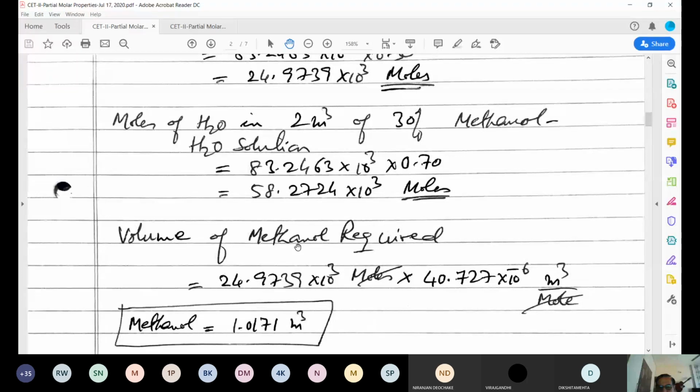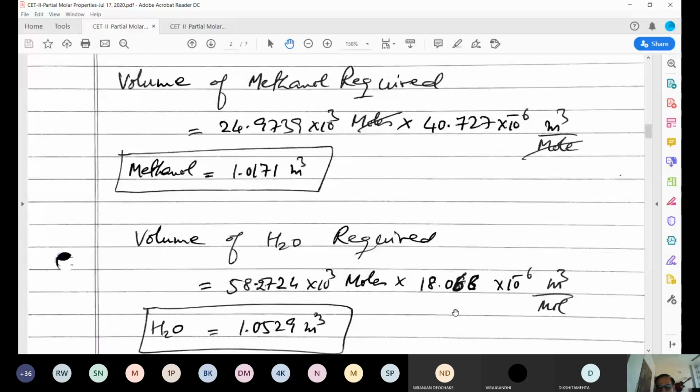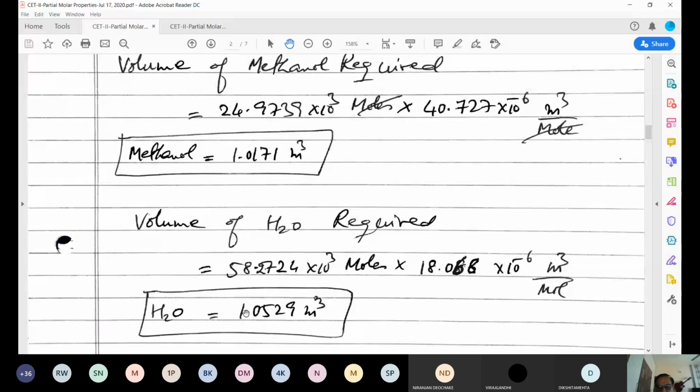Volume of methanol pure कितना लेने का है, तो moles into molar volume of pure methanol will give us इतना volume of pure methanol लेना है मेरे को। Similarly इतना moles water का है, तो उसको pure water का molar volume से मल्टीप्लाई करेंगे, तो we get pure water का volume कितना।